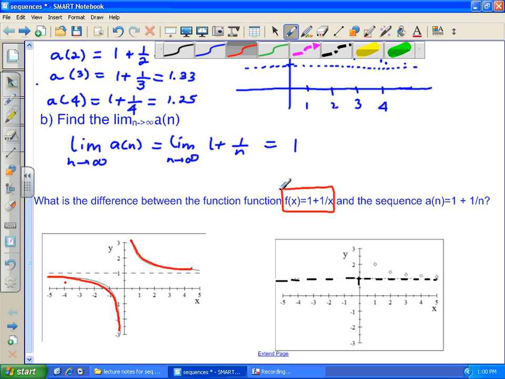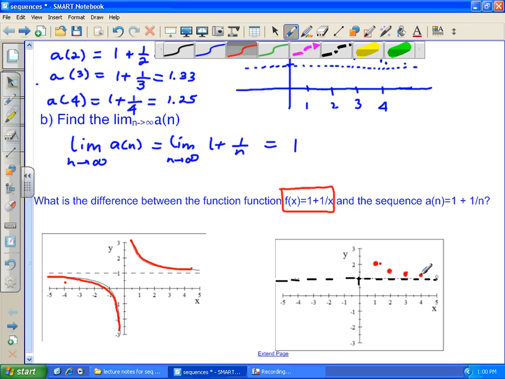So when you graph the sequence, instead of getting those two curves, what you're going to get is just these discrete data points. This is the first one. This is the next one, the next one, etc. So you're actually getting discrete data points that lie on the original curve, but you're not getting the continuous function. The thing is that the function and the sequence are so similar in terms